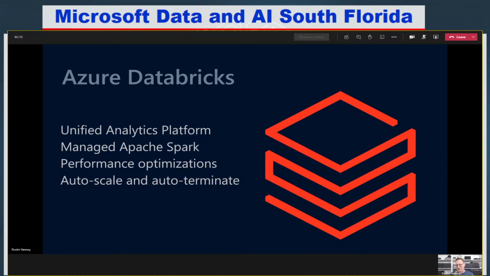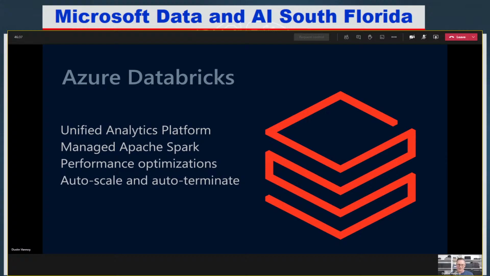Really, it's a managed Apache Spark workspace, because when I start to work with Spark, most organizations want notebooks on top of it that allow this interactive, shareable way of querying the data and working with the data. I'm going to get performance optimizations on top of that, just because of how Databricks makes sure that their open source, but modified, version of the code base is all going to work well within the cluster for you.